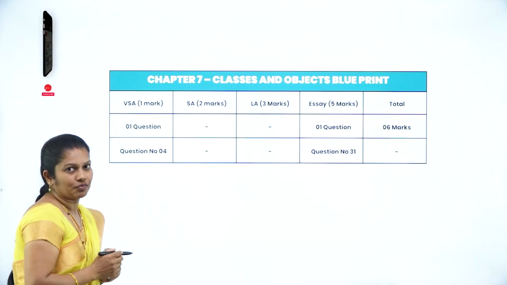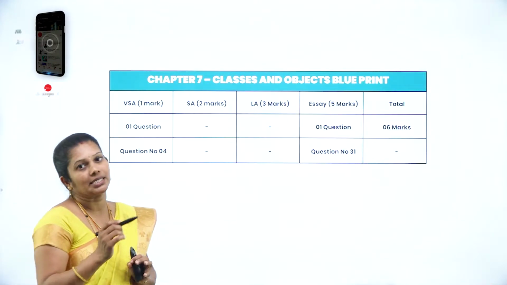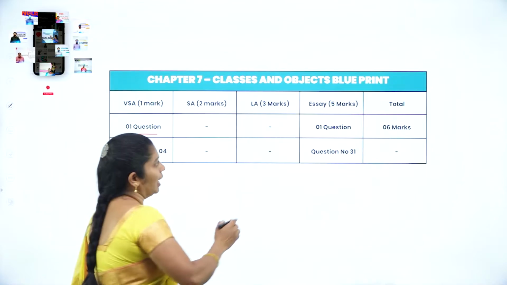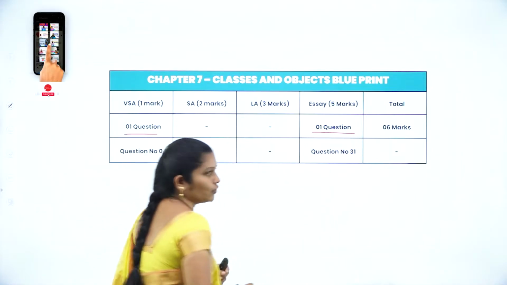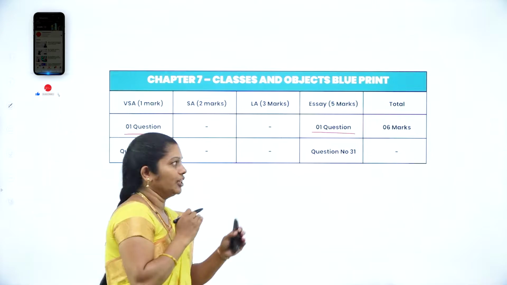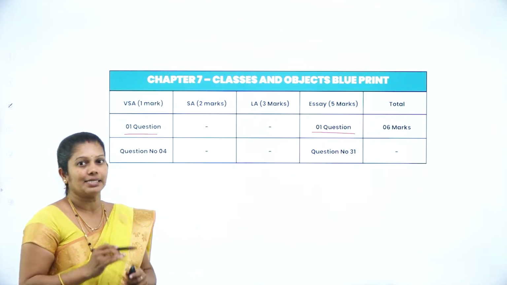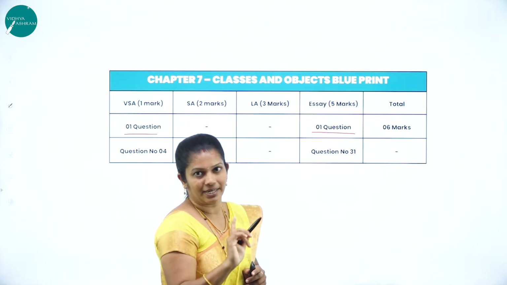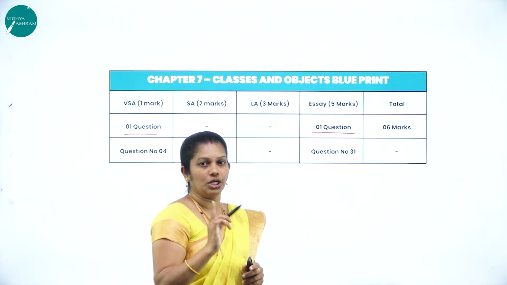The total weightage of this chapter in the annual exam is 6 marks. In part A, they will ask one question for 1 mark, and in part D, one question for 5 marks. The total weightage of this chapter is 6 marks in the annual exam. It means that you will get one question in part A as well as one more question in part D